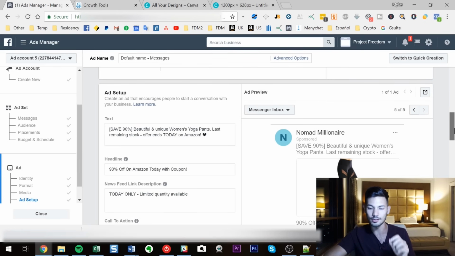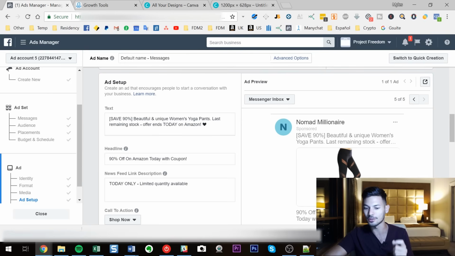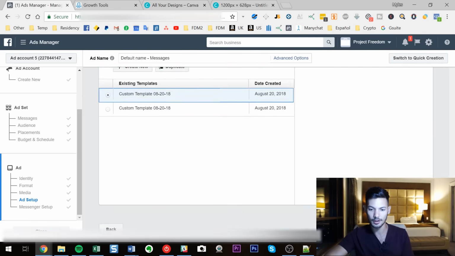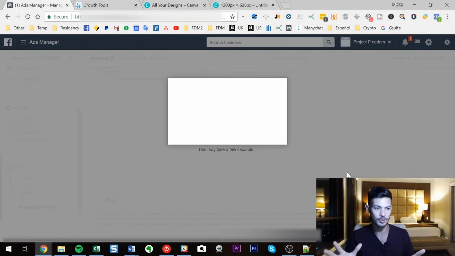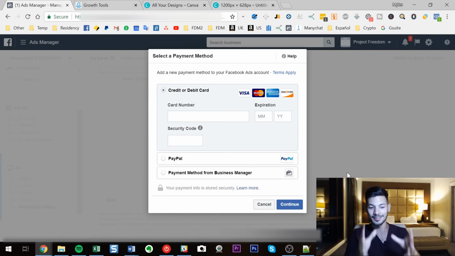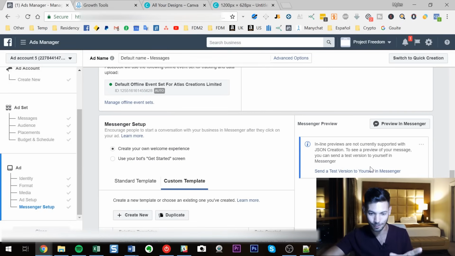And then the other thing is to check the ad, what the ad looks like, and also check that the button works as well on the ad. To do that, you can just click on that button up here and there'll be a bunch of different options to preview the ad in different formats. So when you've done that, just click confirm. So everything is okay, you've created your ad, and in this case, this is a new ad account, so I need to add a payment method, which I'm not going to do, but that's the creation of the ad, guys,